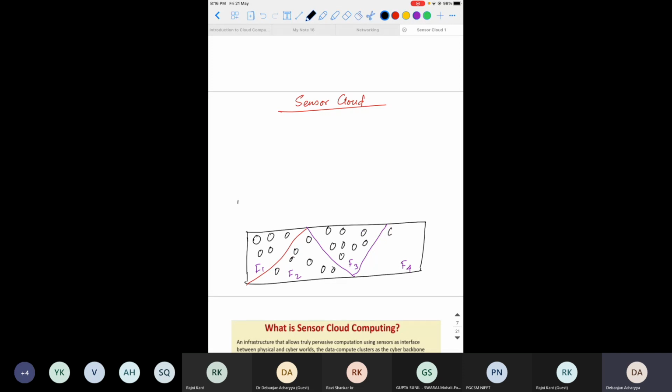See, this sensor cloud is a kind of very good philosophy, I mean thinking. So these are the physical sensors.